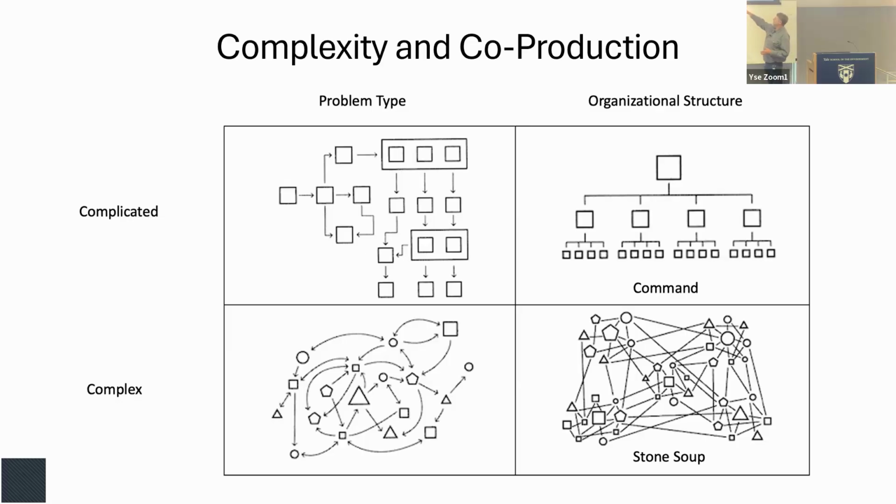His point in the book was about going from treating the problem one way to another. In the book, he identifies many other examples where it's treated as a complicated problem and should be treated as a complex problem. We need to go from an organizational structure of command and control to what he calls a team of teams. And I've rephrased it here to be stone soup, very purposefully, with the same sort of structural interactions. But how many of you are familiar with the children's book Stone Soup?